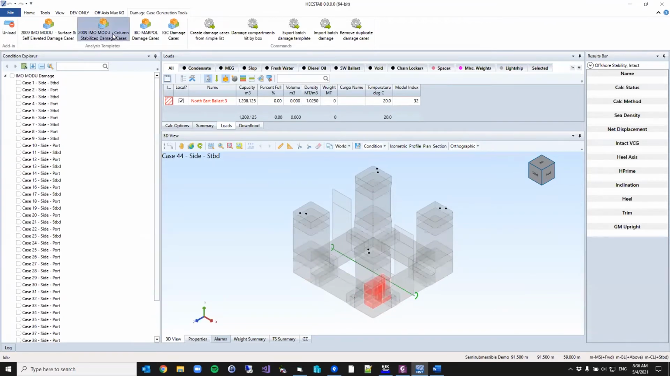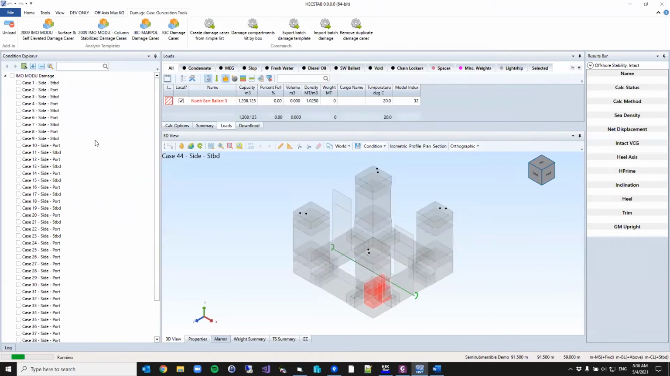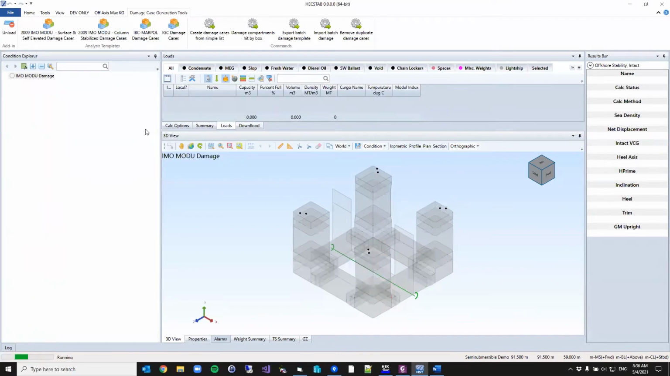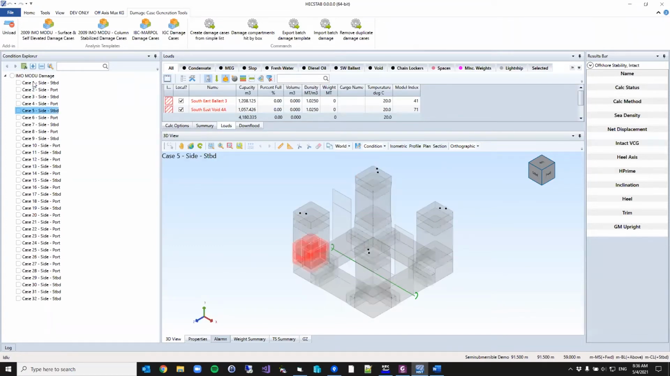If I were to go back and rerun this again, I could say, if I went up to 25 meters and run the analysis, this is a case where I'll probably find a few less damage cases. We'll see what it comes up with here. Yeah, this time I only got 32. So I can see again, I'm higher up on the ring. I'm not damaging any of the pontoons, but the extents are actually hitting the top of the